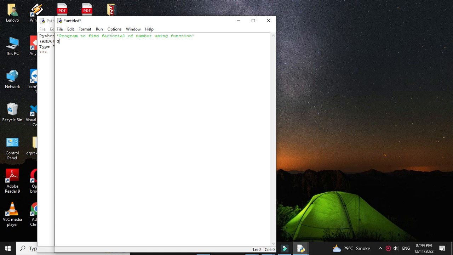First we'll define a function factorial with the def keyword and with one parameter. Then we will define one variable fact which is initialized with 1, and we will use a while loop. So while x is greater than 0, we will multiply, that is fact equal to fact into x, and we will decrement x, and then we will print the factorial